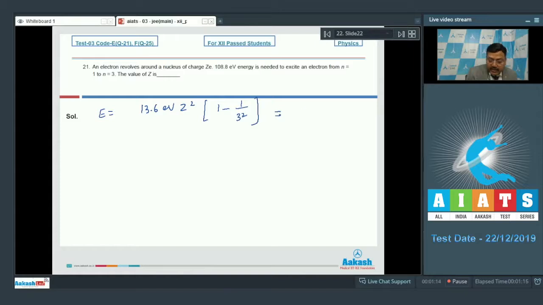We see its value is 13.6 into 8 by 9 Z square electron volt,